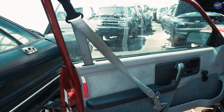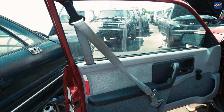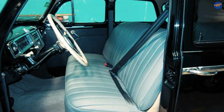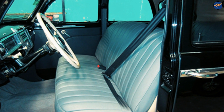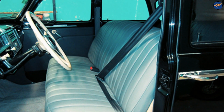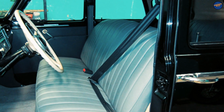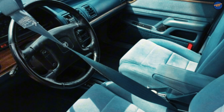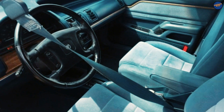The purpose behind automatic seatbelts remains somewhat unclear, but many small cars produced in the 1980s were equipped with them. If you recall stepping into an older Honda Civic or Honda Accord, you likely remember the seatbelt sliding across your shoulder automatically. The idea was that occupants wouldn't need to remember to fasten their seatbelt since the car would handle